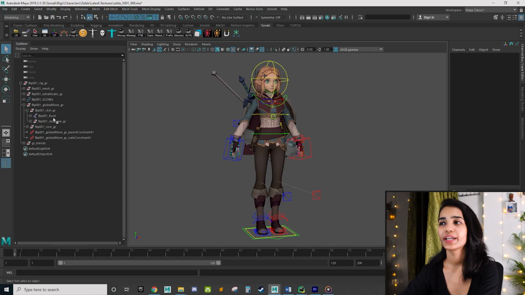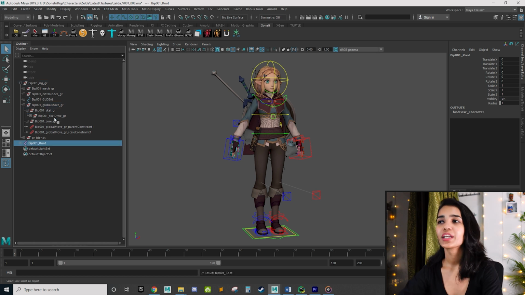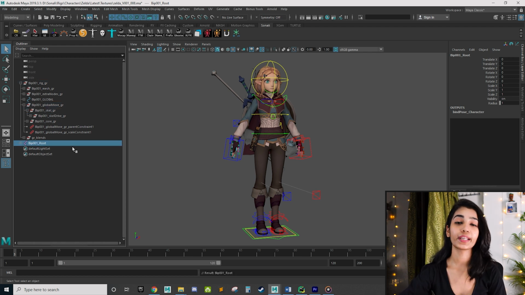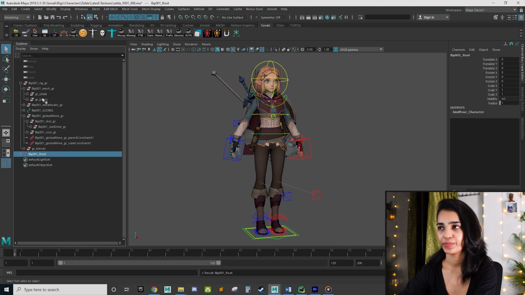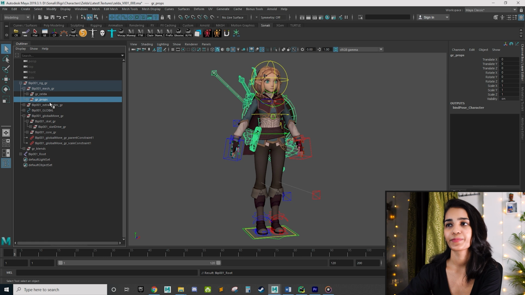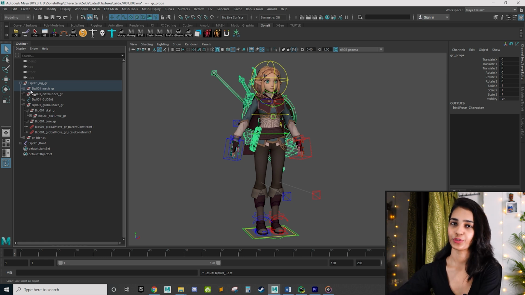So to export any character, we just need to select two things, that is bone and mesh. Because we have Zelda file open here, let's export her first. We have a skeleton here, so we'll just go ahead and select this and press Shift plus P to unparent it. Now we want to keep our joint hierarchy separate like this in order to not have any extra unnecessary group above it. Let's look for the second thing, that is mesh. Now under mesh group, we have body mesh here and all the props here. We want to export the character along with all the props, so we'll export the whole mesh group.